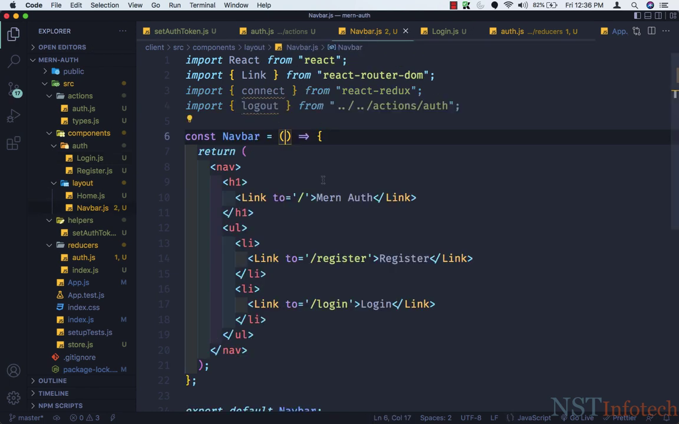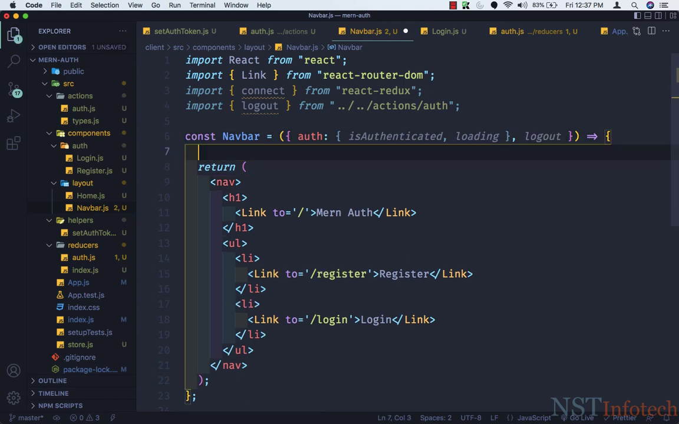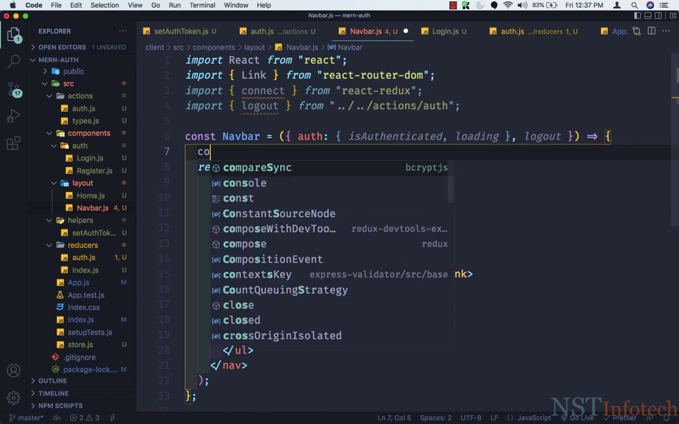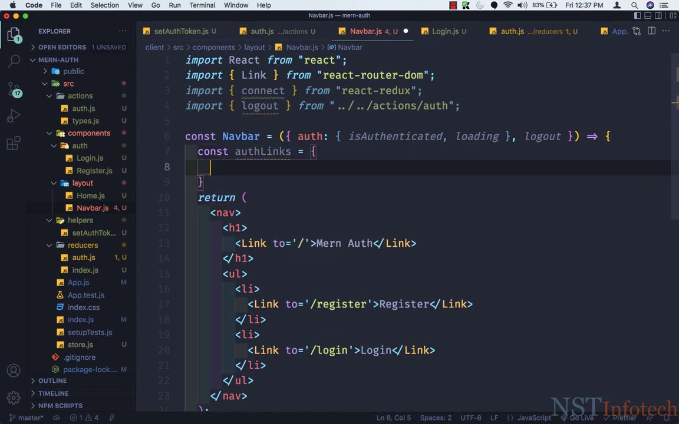Now coming back to nav.js, here we need to pass auth, that is equal to isAuthenticated. Then we need loading, and after that we need logout. Let's save this. Now we need to create variables for guest and authorized links. So before return, we need to create const authLinks, that is equal to an object, and here we will add